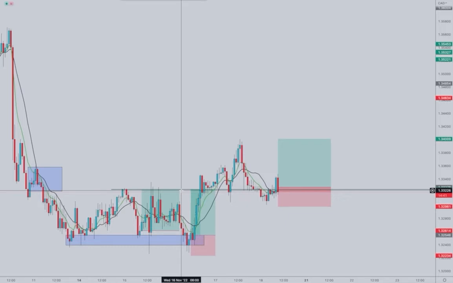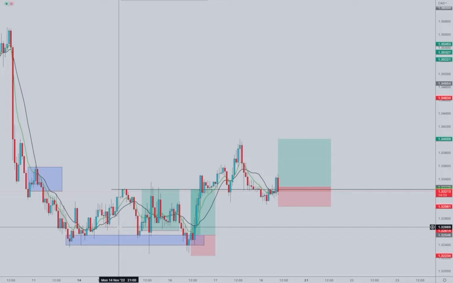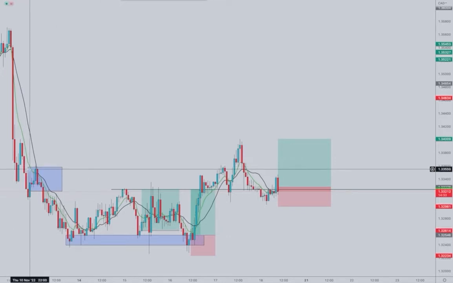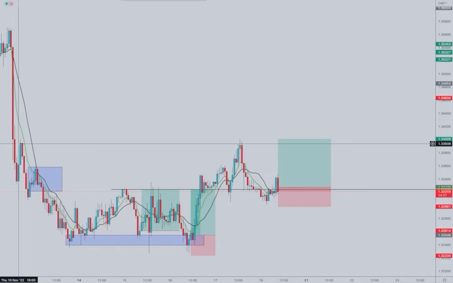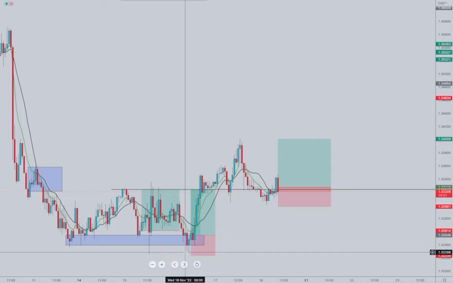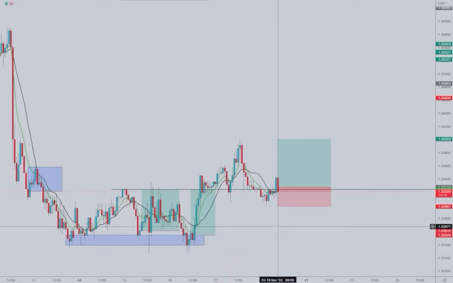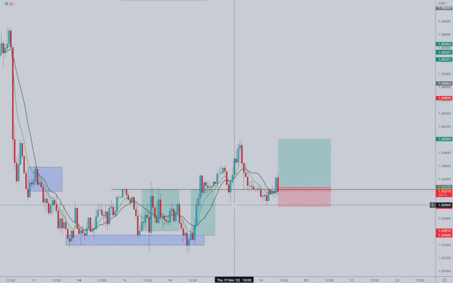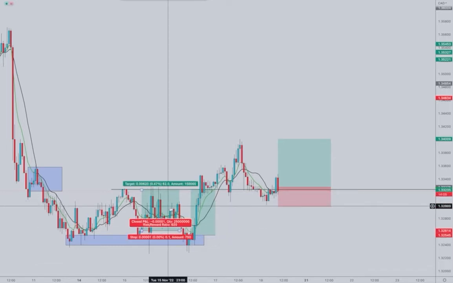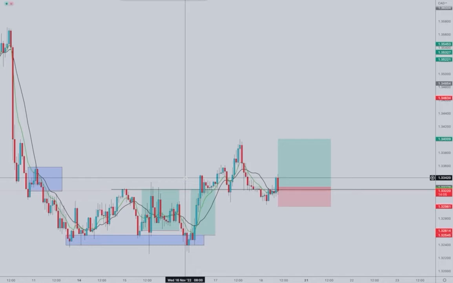I took some profits around this area, from where the price had melted before. I had two other areas in mind, this one and another one. I took some profits around the first, then moved my stop loss to entry. So now I was risk free with around $5,000 or $6,000 in profit. I waited for the price to come back up, and took some profits around this area.